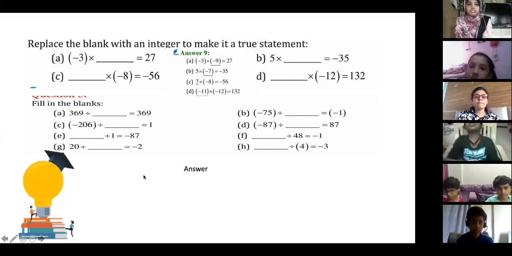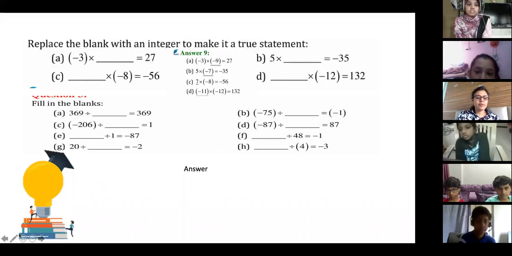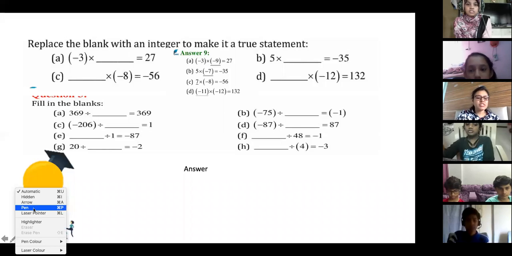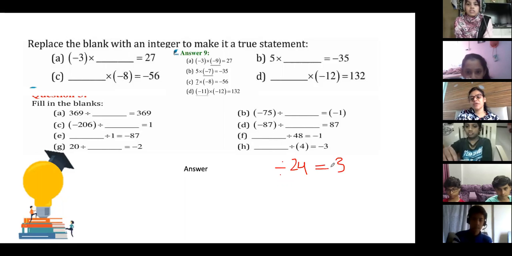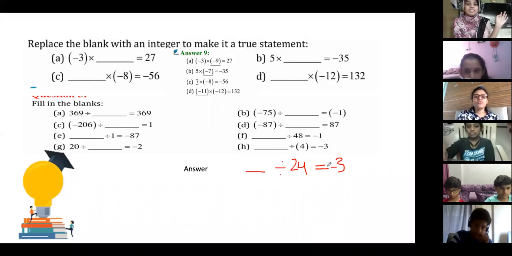Can we multiply those two numbers and then also we can get an answer? Yes, you can multiply. That's what I am telling you. See, here, suppose I am not getting it, the number is small, and you found out it is minus 12. But suppose a bigger number is there, 24 is there, divided by something, and equal to minus 3. You don't know how to find out the missing number.